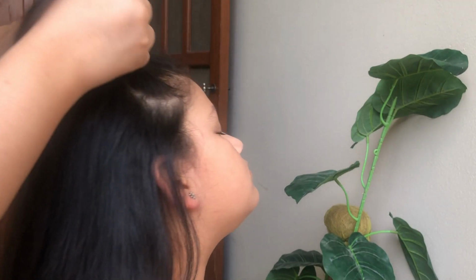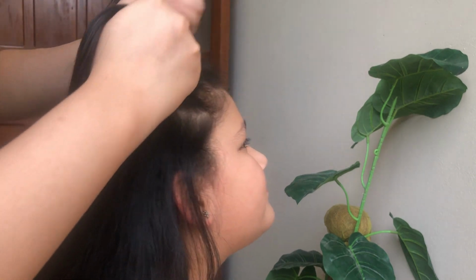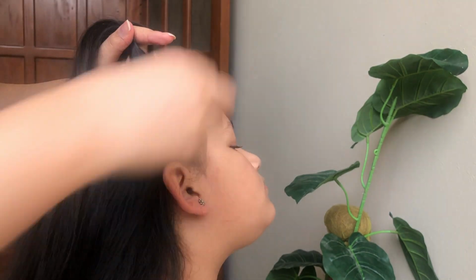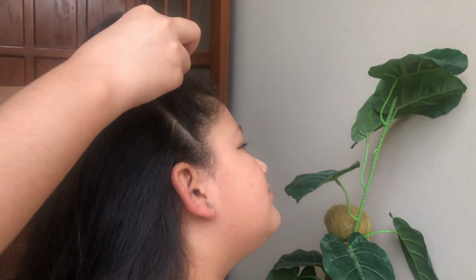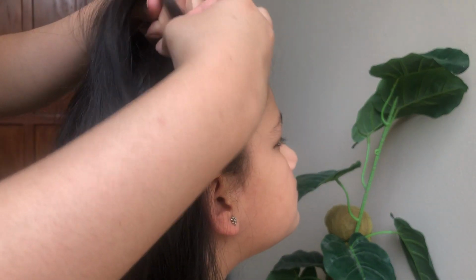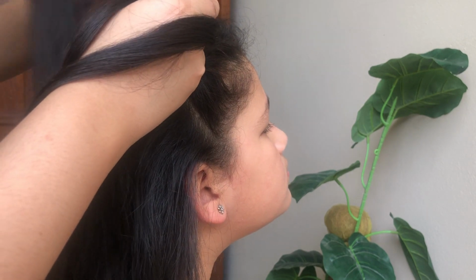Okay, so the next hairstyle is waterfall braid. This hairstyle is a little bit tricky, but once you get the hang of it, you're gonna do it. So starting off is just like a French braid, but the thing you need to do is leave one strand away from your braid and then